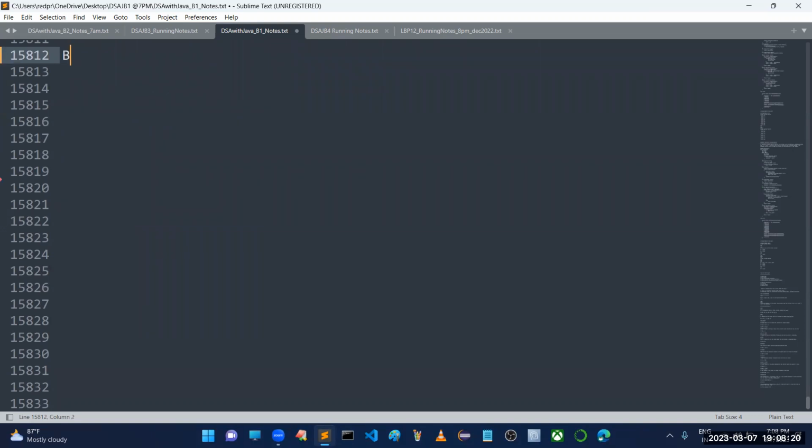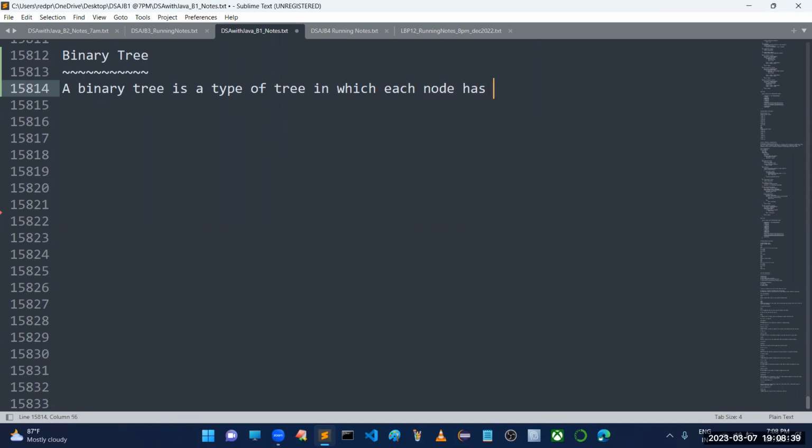Now I'm going to start binary tree. Sir, the name itself is giving clarity. Binary. Bi means what? Two. A binary tree is a type of tree in which each node has at most